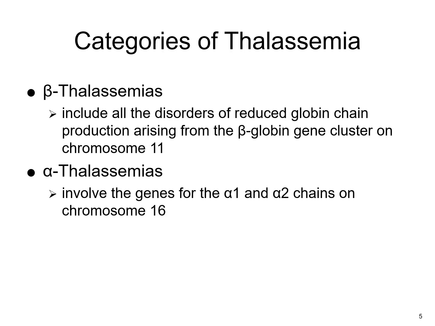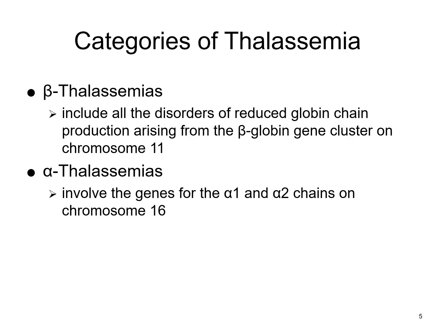There are different categories of thalassemia as well, as mentioned before, so we have the beta and alpha. Beta thalassemia by definition is a group of disorders caused by reduced or absent production of the beta globin chains in hemoglobin. For the genetic origin, this arises from mutations in the beta globin gene cluster, which is located on chromosome 11. The hemoglobin B gene is the main gene involved. Mutations may lead to beta thalassemia, which is complete absence of beta globin production, or beta plus thalassemia, which is reduced but not absent beta globin production.